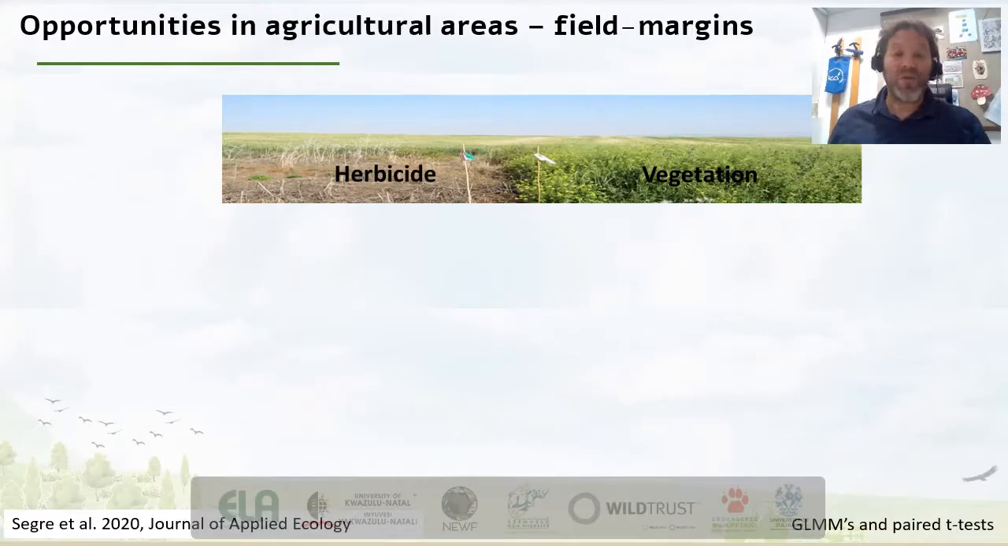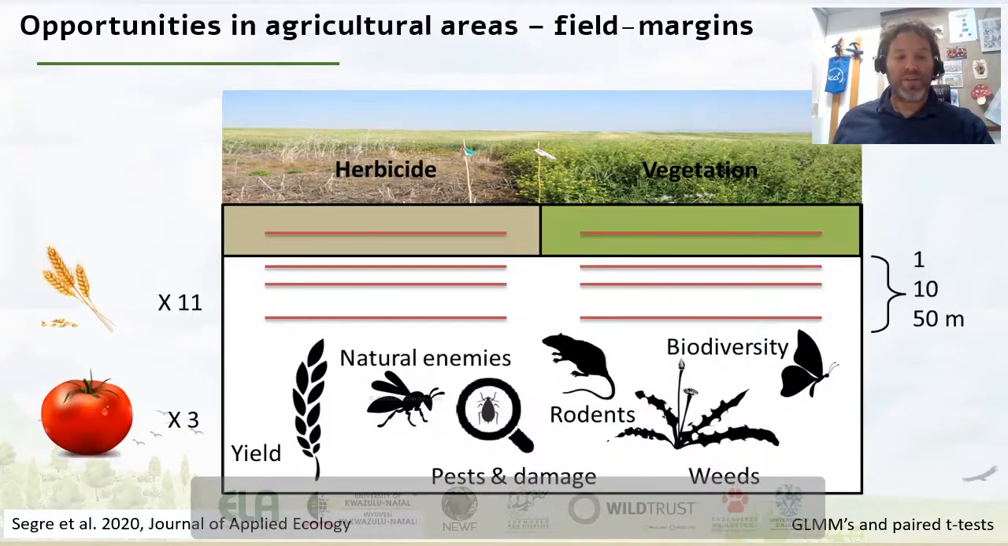In this area, you can still find a few field margins. What the farmers are doing to these field margins is they actually abuse them. They employ herbicide just to destroy the field margin. And what we did in our experiment was to do it in half of the field. In the other half, we kept the vegetation, and then we looked at 11 fields of wheat